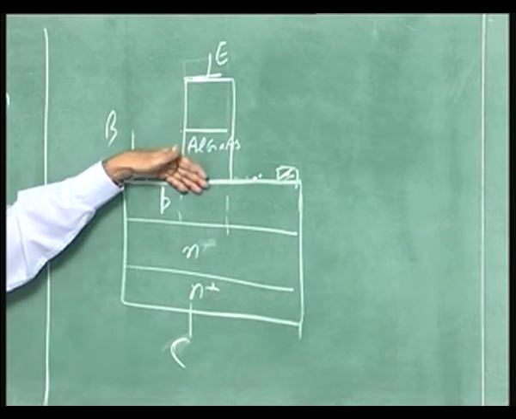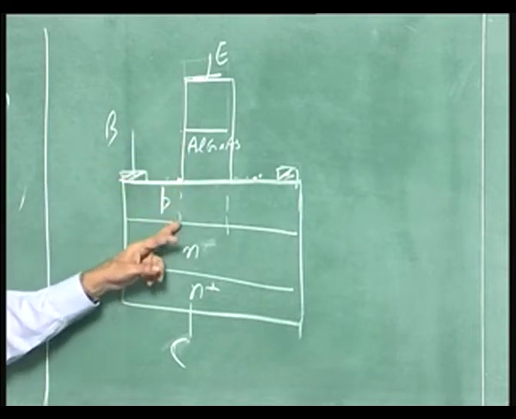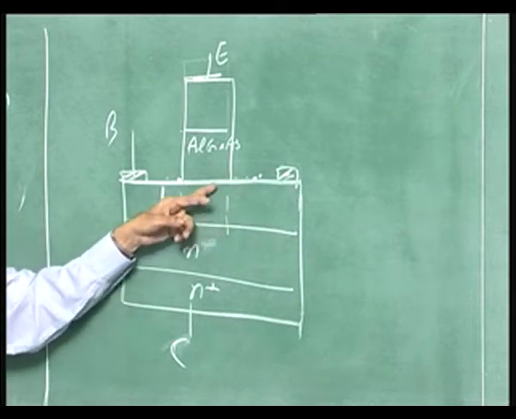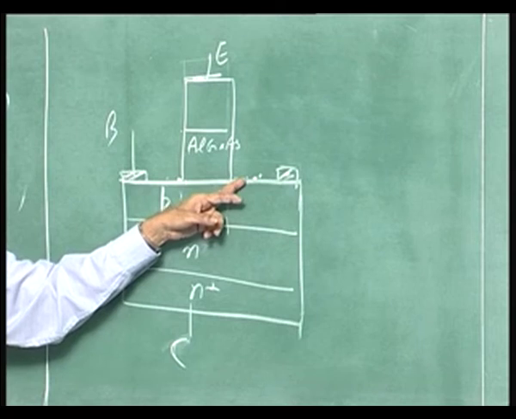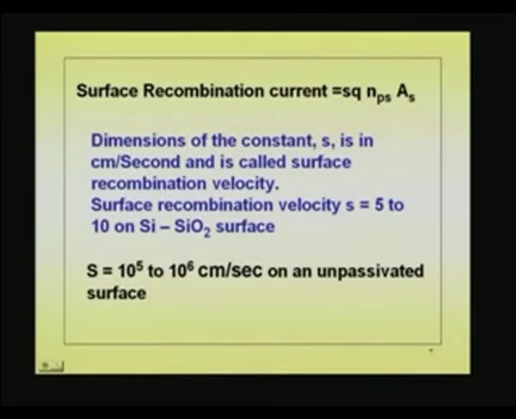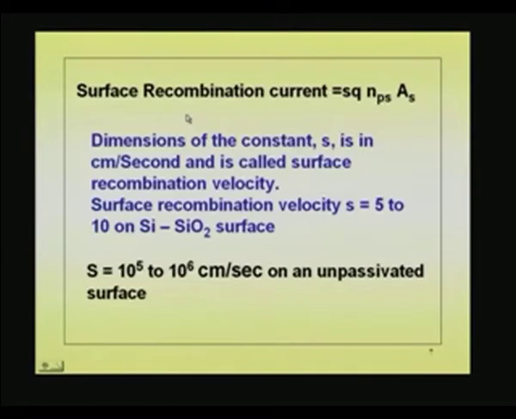Collector current will be actually IC, base current will be volume recombination current plus surface recombination current, because after all, whatever electrons are lost here by recombination will be replenished from the base. Or the electrons, when they recombine, will recombine with the holes, and those holes are replenished by the base. Now, let us see that surface recombination current ISR is actually the same equation that we have written here,